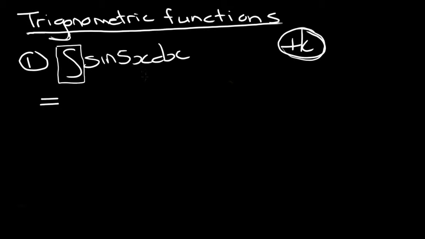Now if you look at your table, which you will get when I assume when you write exam, then you'll see that sine going back is just a normal cos, but it gets a negative. Okay, so when you go from sine to cos but you integrate, it gets a negative. Okay, so it's negative cos 5x,